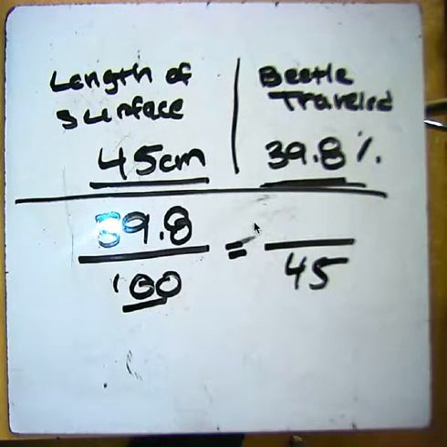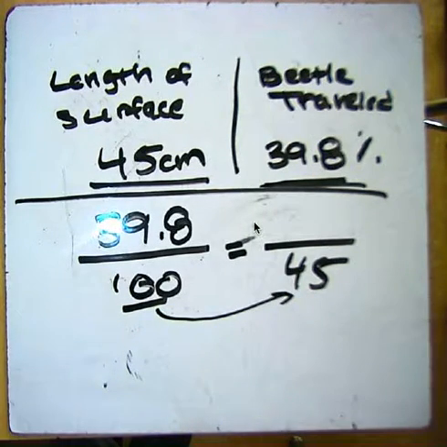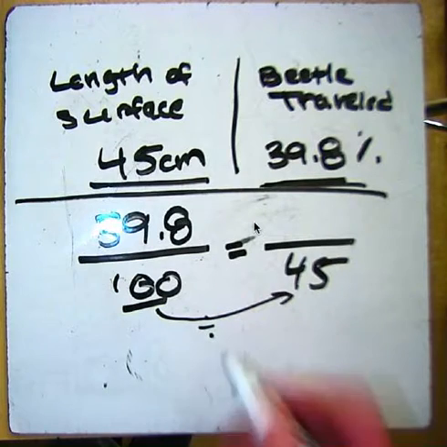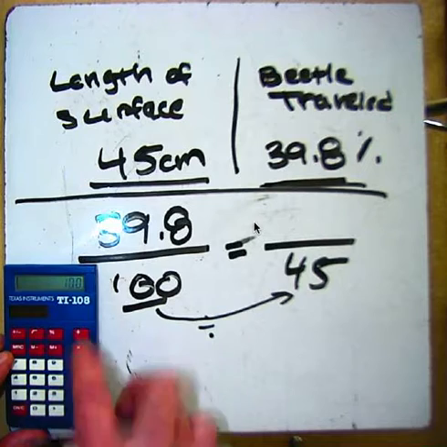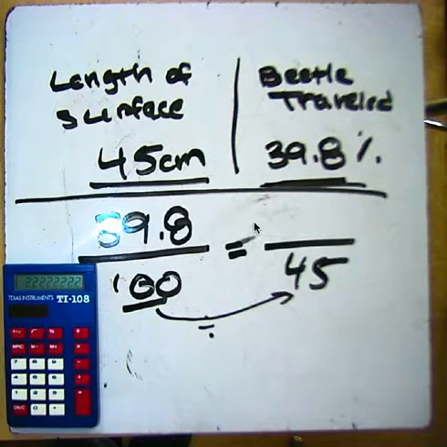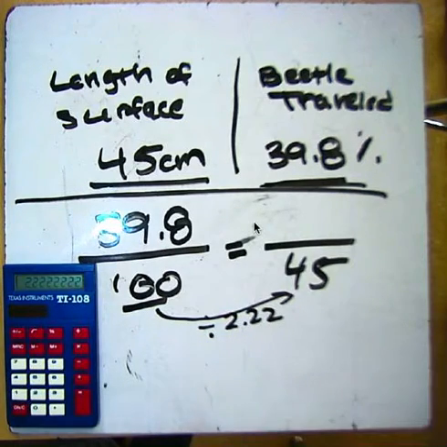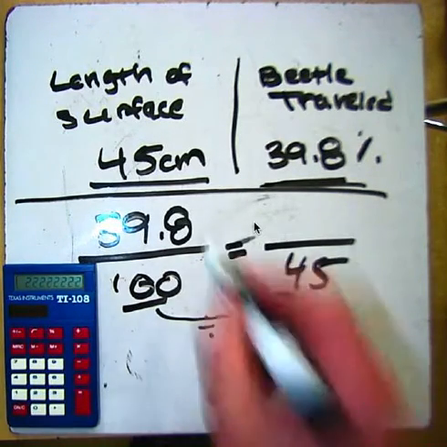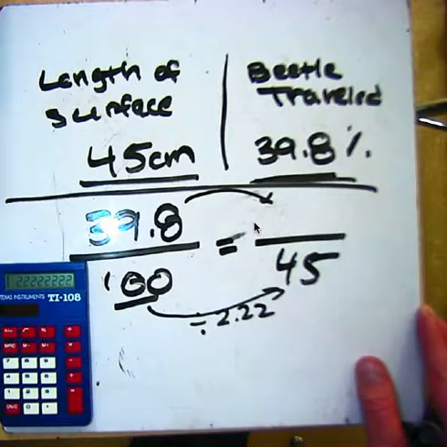In this strategy, and it's not the one I would recommend you use because you can make it a little simpler, you're thinking, to go from a whole now of 100 to 45, what am I doing to each side, or what am I dividing each side by as I'm getting smaller here? And you could think fact families. Well, 100 divided by 45 is 2.22. So 100, therefore, divided by 2.22 would equal 45. And whatever you do to one side, you must do to the rest. So I can take that value that says 39.8